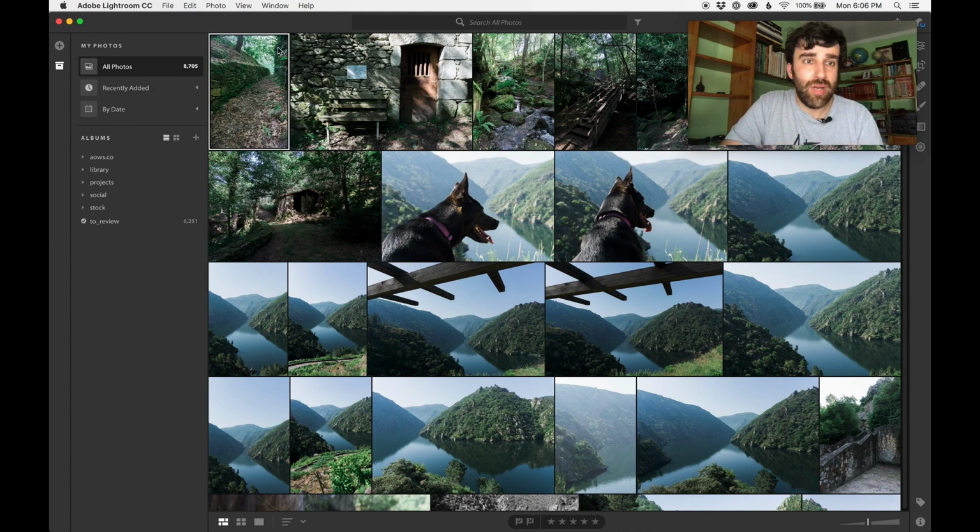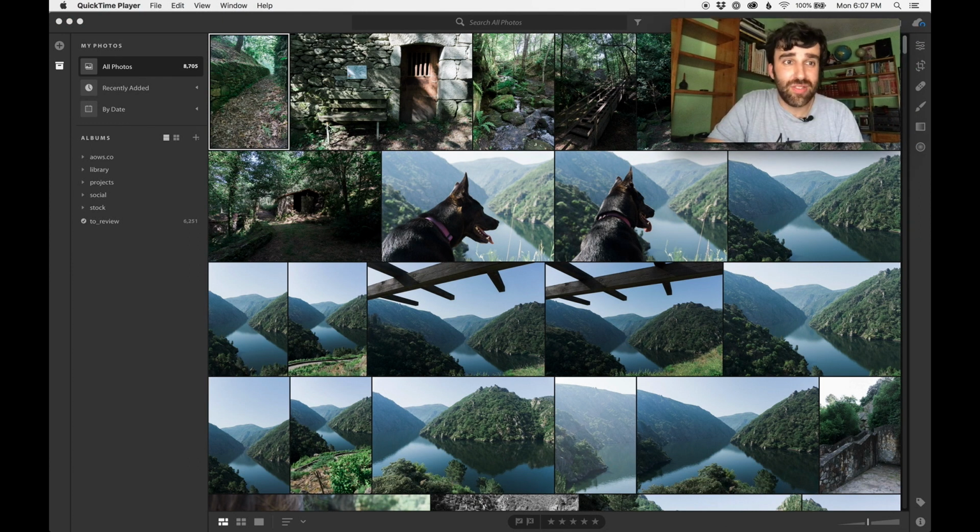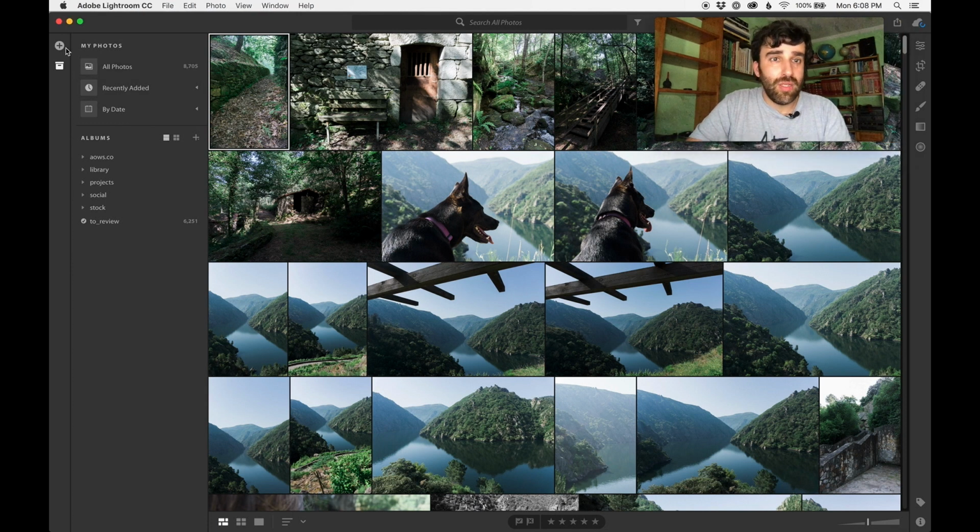So this is the new Lightroom. For those who don't know it, the interface is similar but different. You still have here on the left side your panel with your library, and on the right side you have your tools for editing, and on the bottom you have your film strip with all the photos that you're going to be editing. So to import that photo, I click here on the plus icon on the top left,